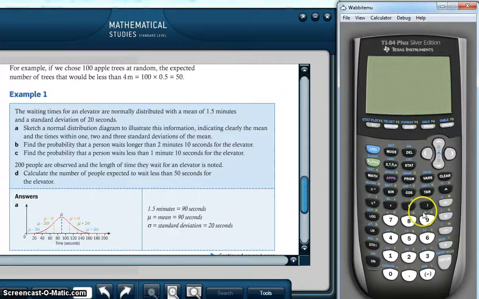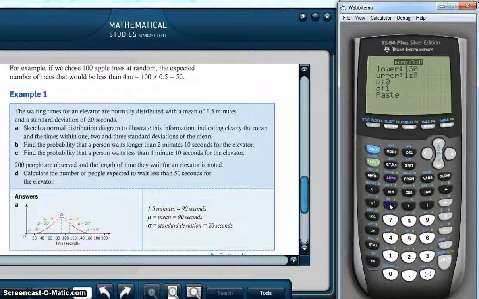Okay? So having the calculator on, I want to go to the distribution. And I will go down to the normal CDF. And in this area, I need to put my lower bound, my upper bound, my mean, and my standard deviation. Okay? So let's think about this for a minute. My lower bound. If they wait longer than 2 minutes and 10 seconds, then 2 minutes and 10 seconds is my lower bound, which is 130 seconds. My upper bound needs to be as large as possible, so I put 1